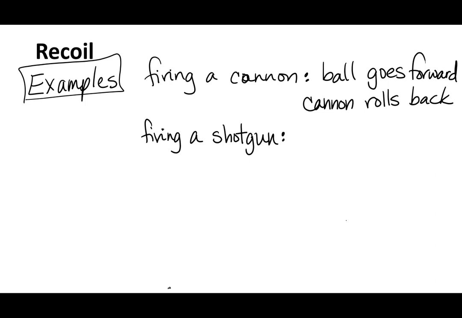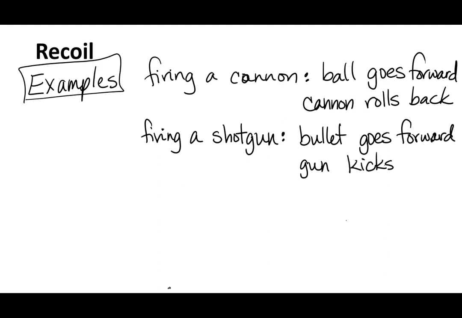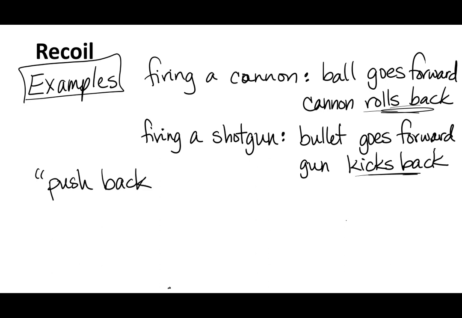Whenever you fire it, the bullet goes forward, and then the shotgun kicks back. This is what recoil is. It's this rollback, kickback. It's like a pushback or a bounce back,